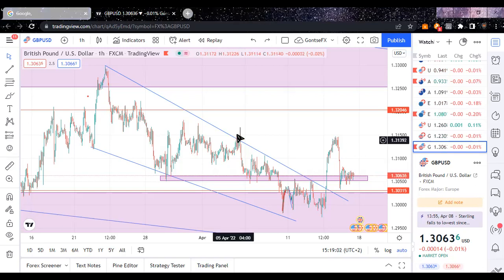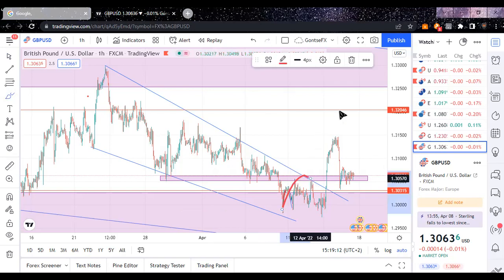So yeah, without any further ado, guys, let's get back to our analysis. With that being said, I had anticipated that price will move from this point, push up, come back and retest this area, then push all the way to this red line over here. So unfortunately, price was resisted twice on this point. So what happened was,